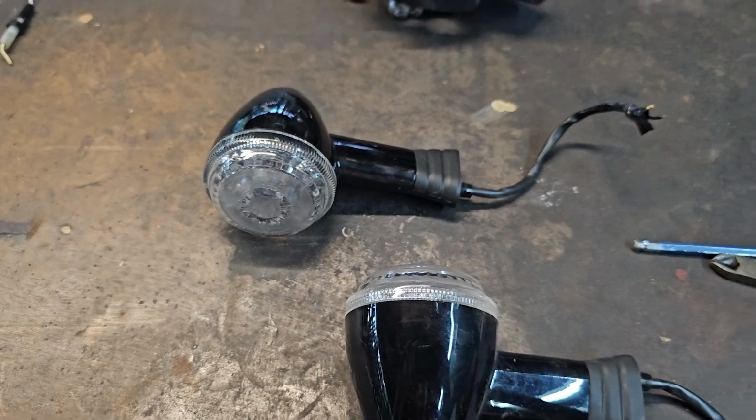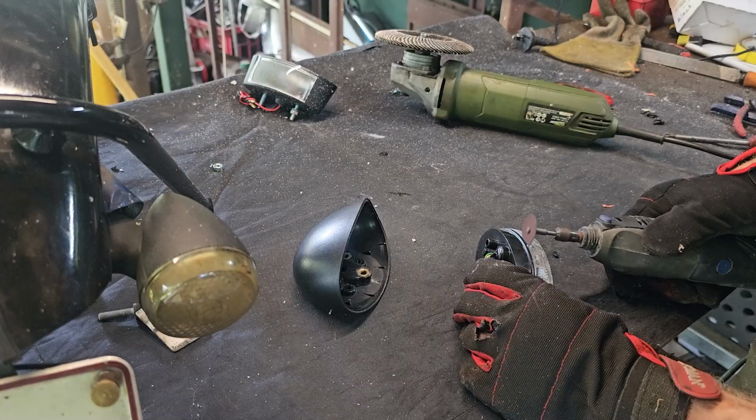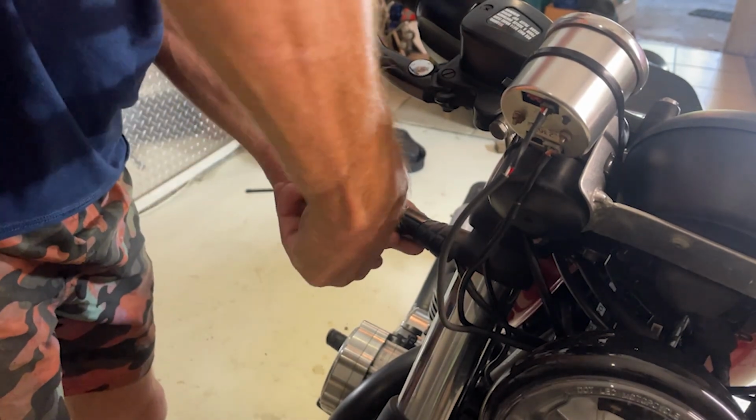So they're not sticking out so far. Little handy tip for you. They feel like they're glued on, but you just...